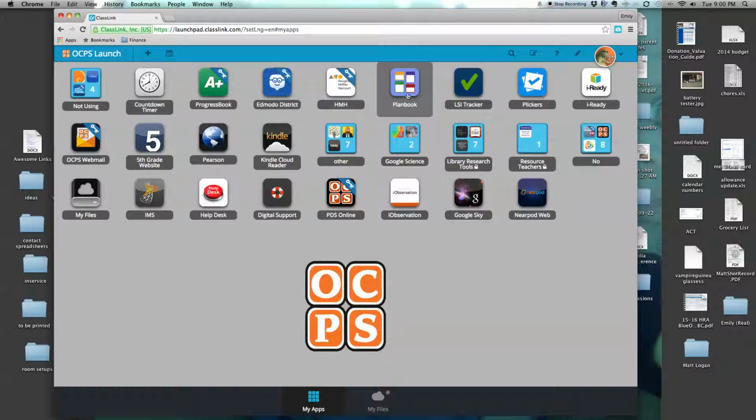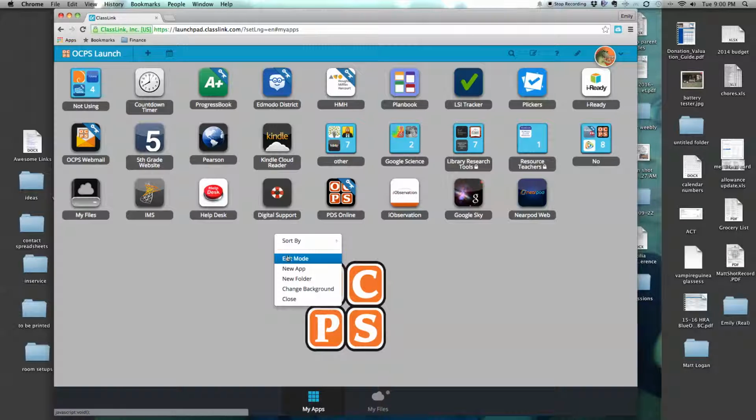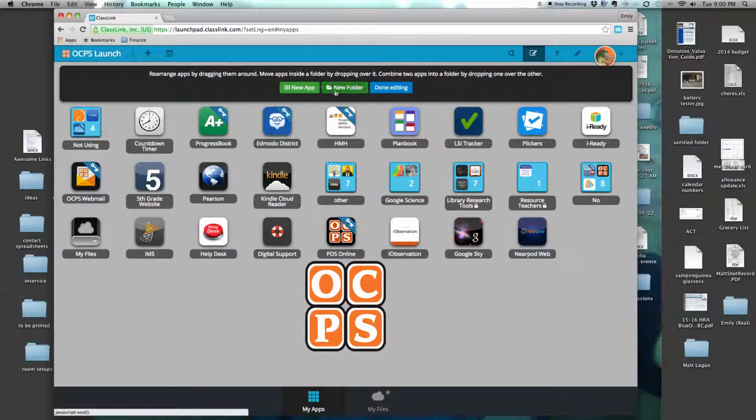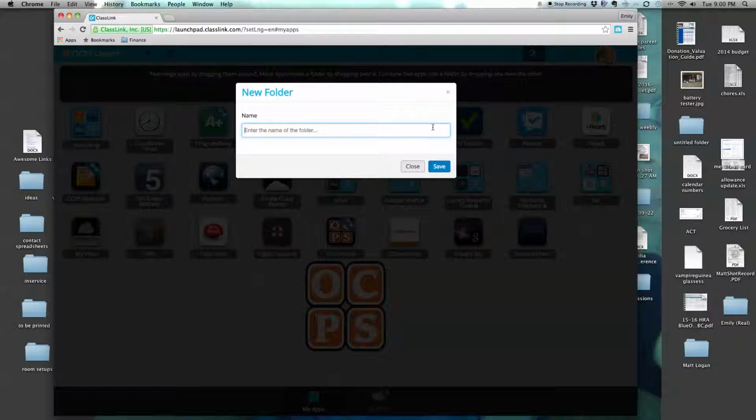A couple other folders that you might want to create. I created one called, it's not showing here, so we'll create it. Again, you right click. I'm going to hit edit mode. So I stayed in edit mode, and I'm going to hit new folder. And this one is going to be